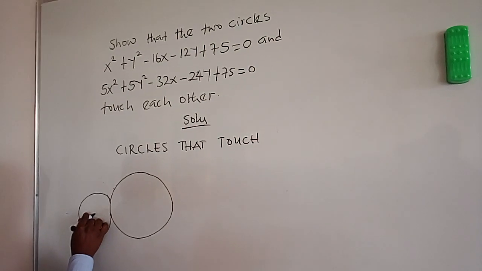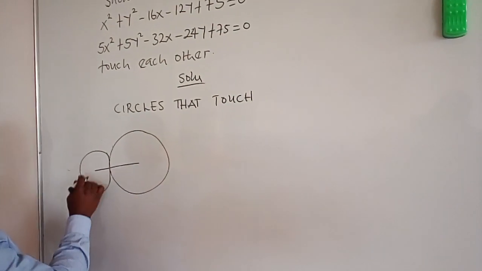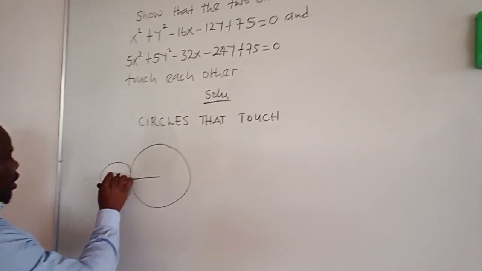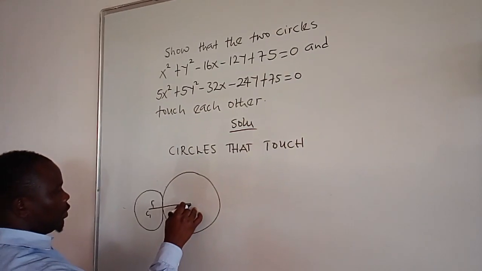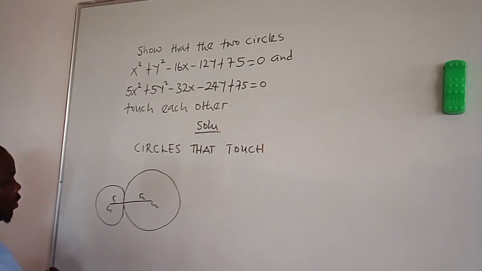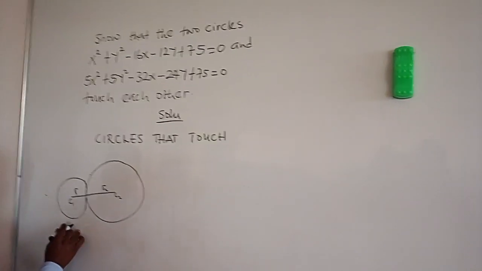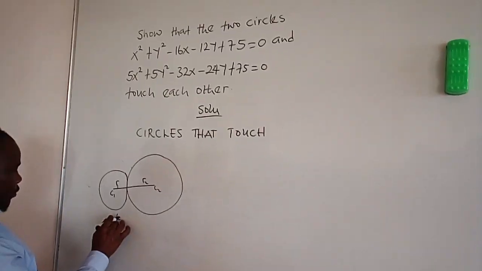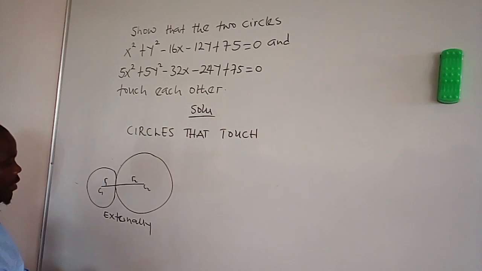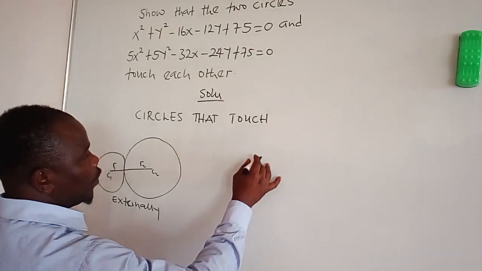These are two circles with center C1, R1, and C2, R2, right? This circle is called externally. Then we have